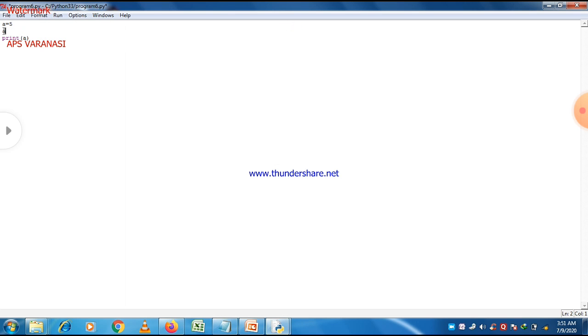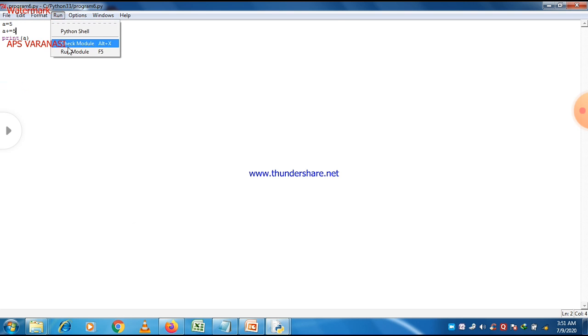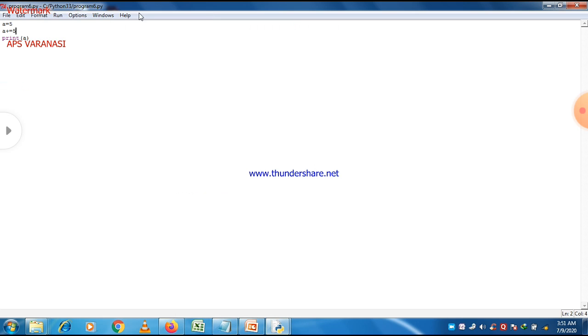Now let us take a plus equal to 5. What is the meaning of this statement? Actually it is another form of assignment operators. We can write a is equal to a plus 5 as a plus is equal to 5, because a appears on both sides. So the answer is the same. In this case we can easily see the same answer. So a is equal to a plus 5 or a plus is equal to 5, both are the same statement.